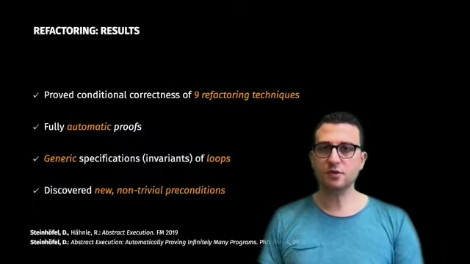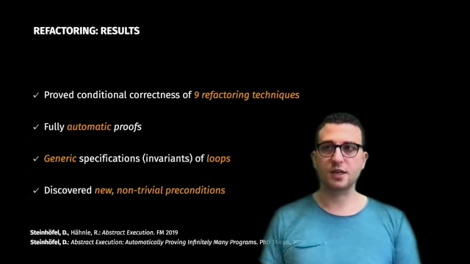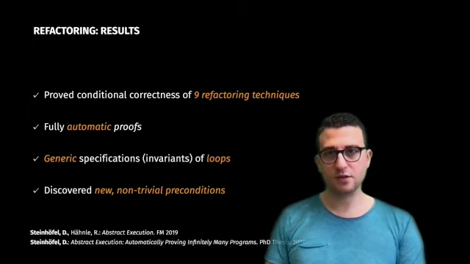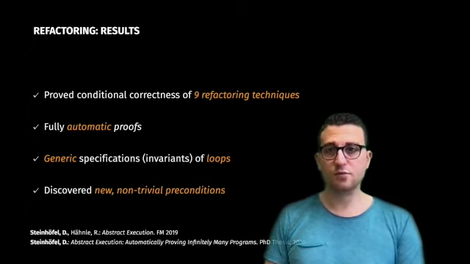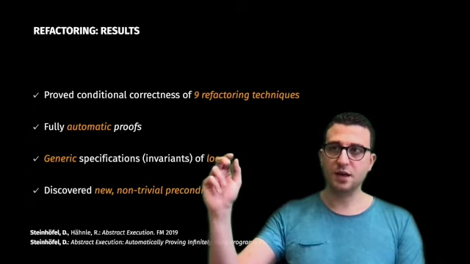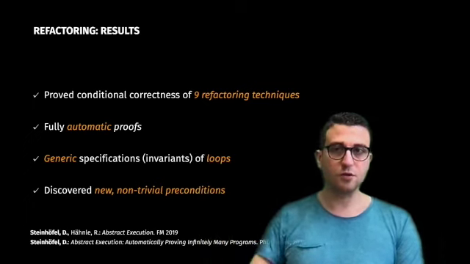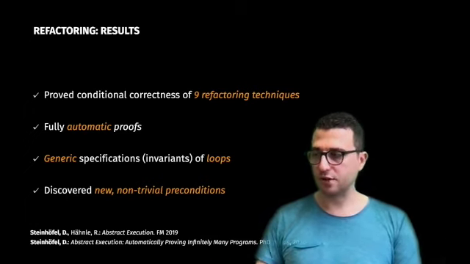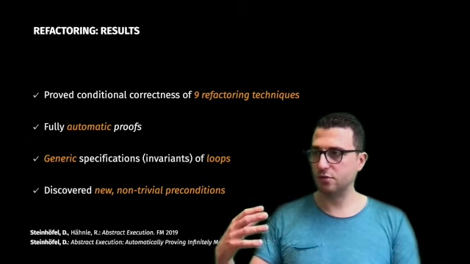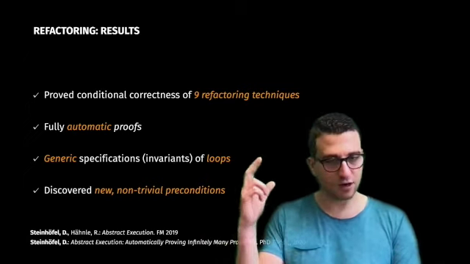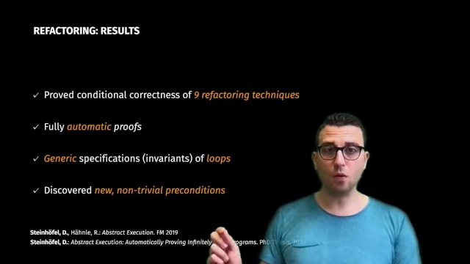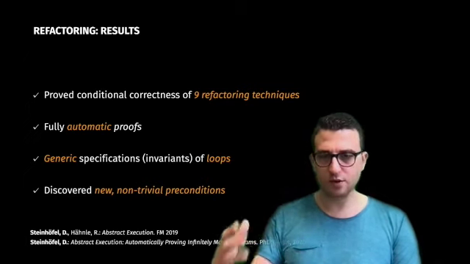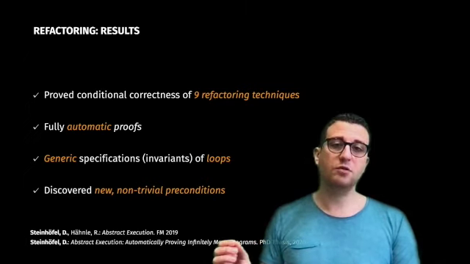So for refactorings, I will just present you the results since we already had the demo. So I had a look at 9 of these statement level refactoring techniques. All of these proofs that I had once I had the model corrector fully automatic, and also proofs for problems with loops, since I found a generic specification mechanism that works for these abstract models. So I didn't even have to come up with difficult loop invariants, so it can basically generically plug them in. And for all of these refactoring techniques, although refactoring is something really well known, well studied, there are books about it and publications, I found new non-trivial preconditions.